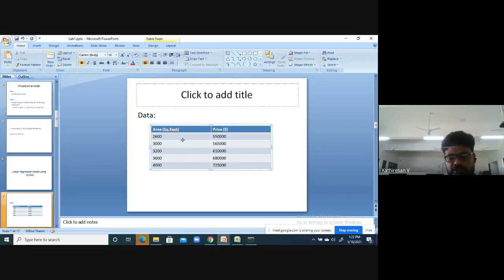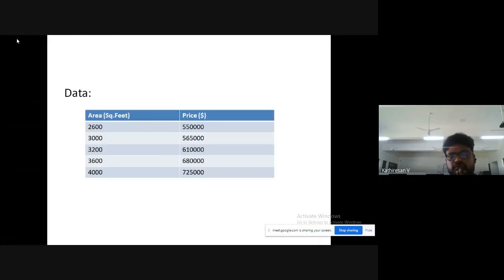These are all the units. For 2600 square feet we have to pay $55,000. For 3000 square feet we have to pay $565,000. For 3200 this is the price. Likewise for 4500, $725,000. This is actually the data.